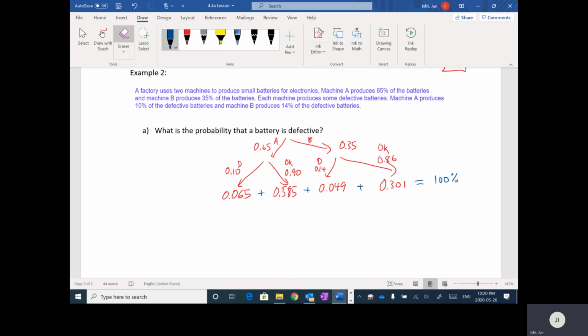All right, so now to answer the question, we want to find out what is the probability that a chip is defective. The chip is going to be defective when it comes from A and is defective, or it comes from B and also is defective. So it's these two branches right here. So to answer this question, the probability of a defective chip